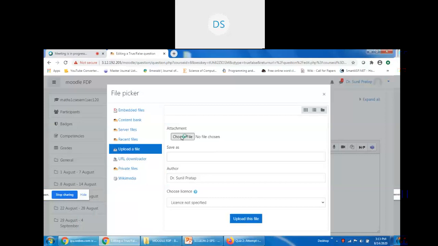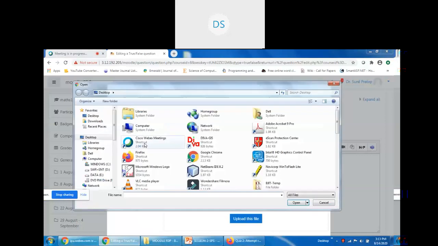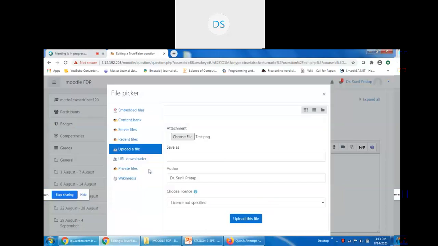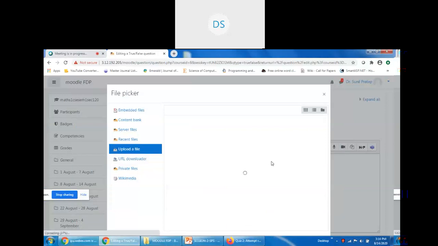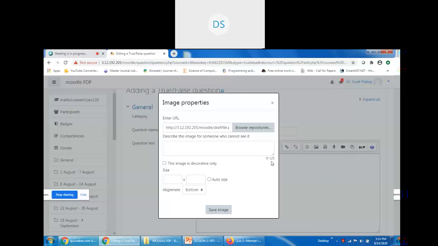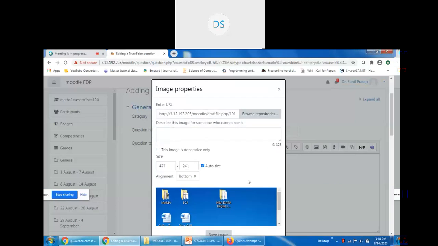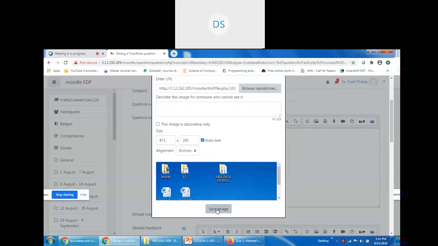See, choose file. First, we need to upload this image to the server. Test.png. Save image. Okay, so save this image.